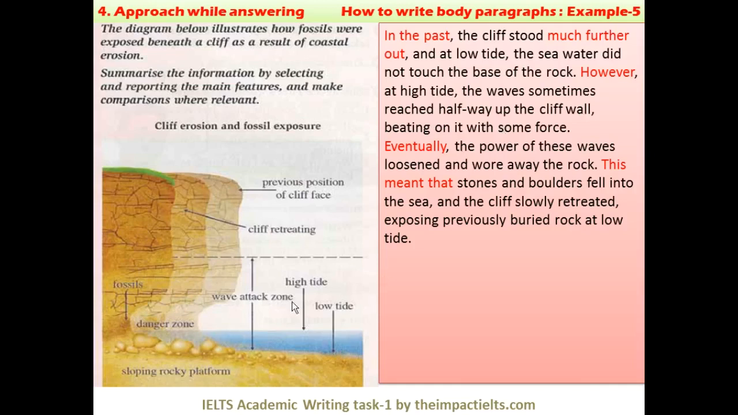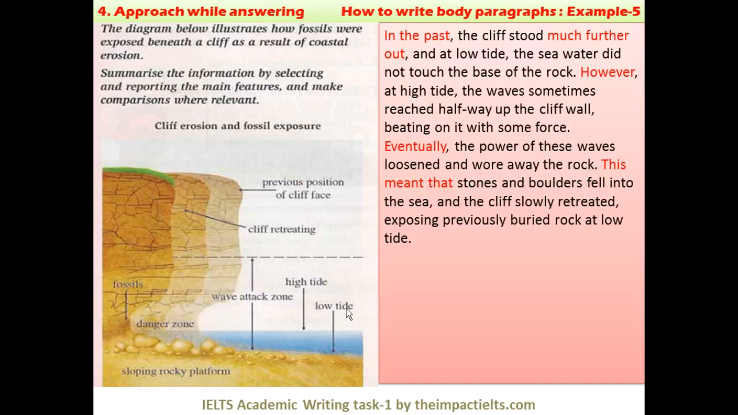But high tide, if you know what is high tide, the storm comes in the sea, and the water rises up to a certain height. That is known as high tide, right? So they're saying that in the past, halfway up the cliff wall, the waves were beating on it with some force. They were beating against this cliff, the stone near the sea, up to the half mark. And eventually, as a result, the power of these waves loosened